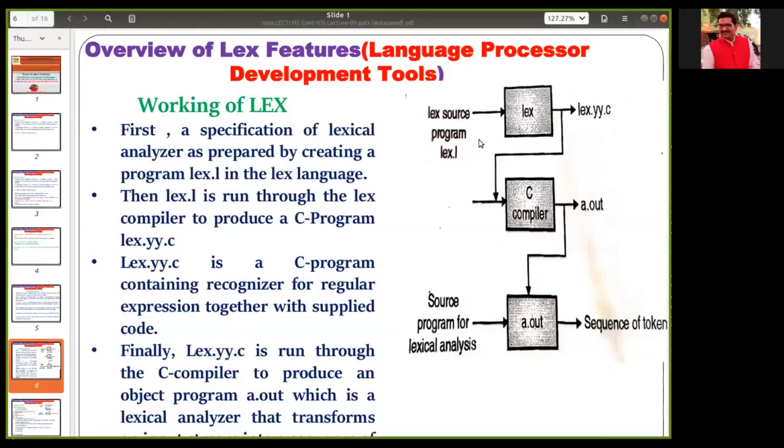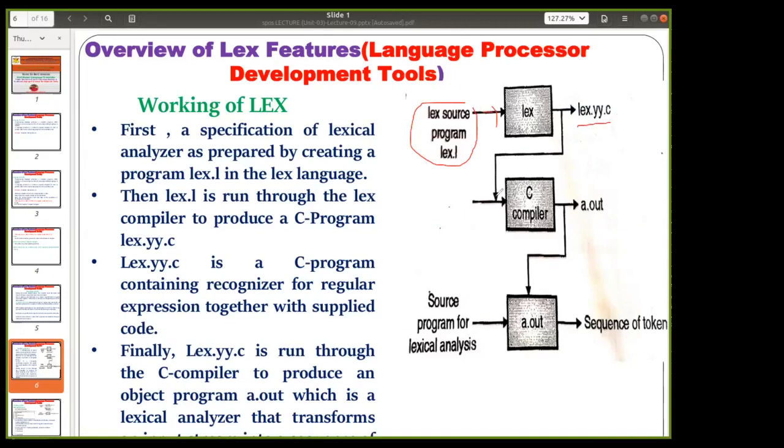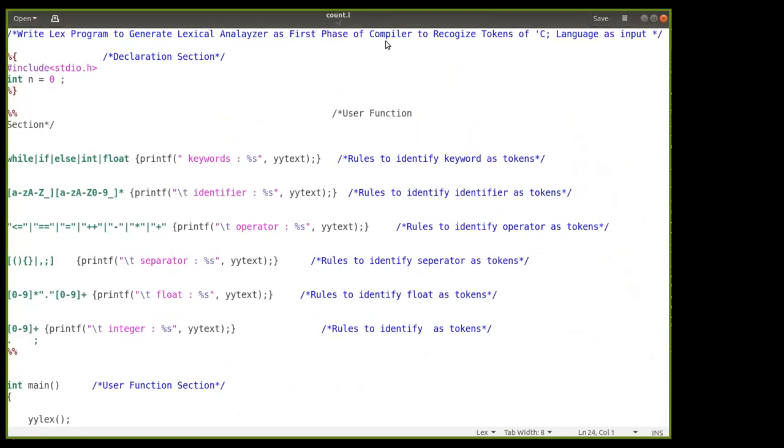You can see the scenario that I already told you in the previous lecture. This program, as lex.l, we give as input to the LEX compiler, which will generate the file lex.yy.c. This file is given as input to the C compiler using a different command, and it will generate a.out as our lexical analyzer. Then we give that lexical analyzer some input from the source program, and it will generate the tokens. In this way we have written the code in that program. Let me show you that code first and explain it, and then we'll see the next part.